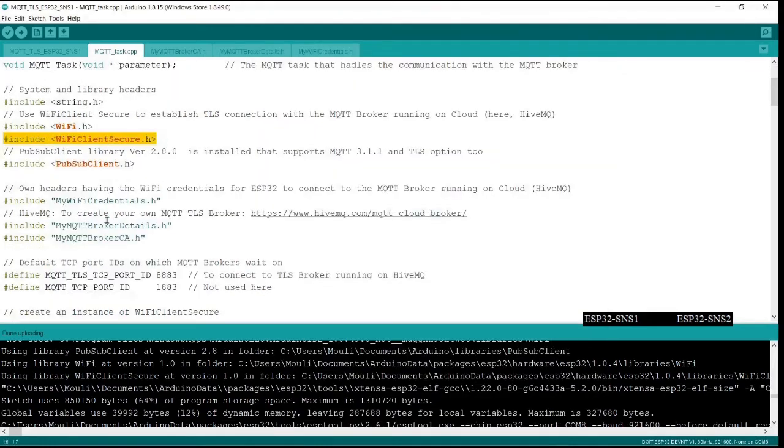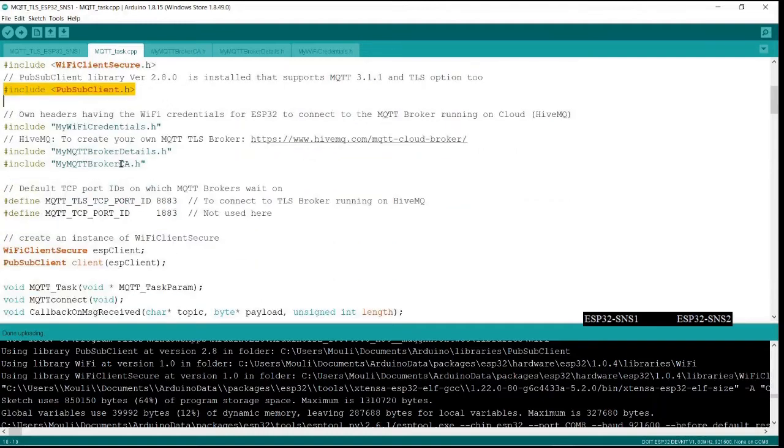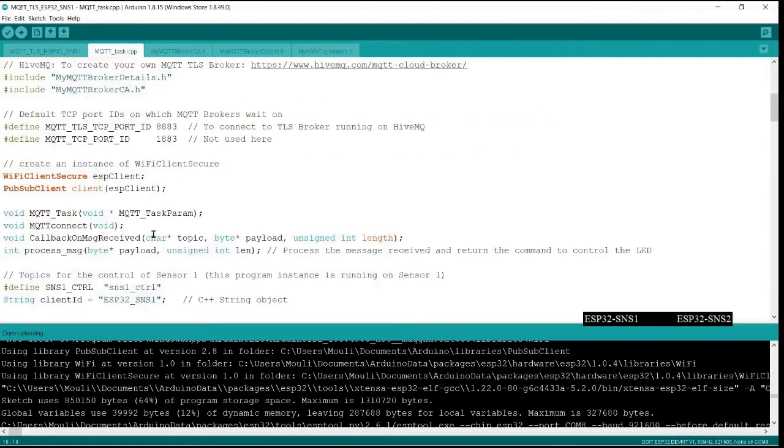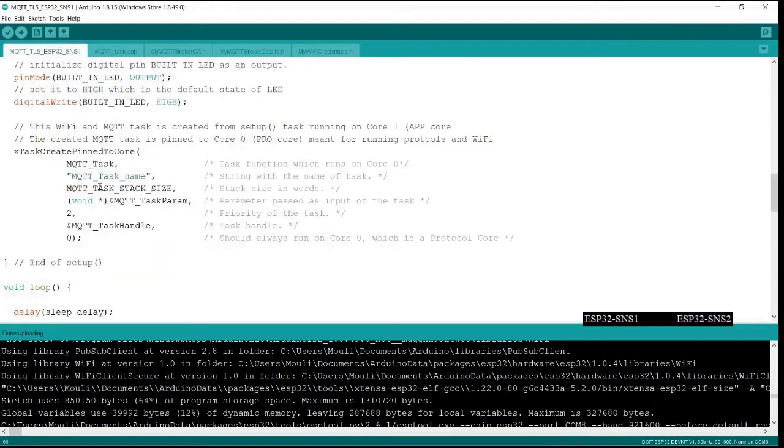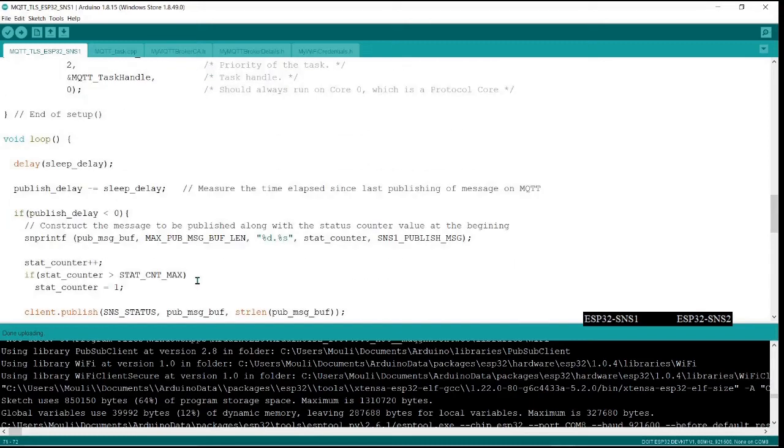This is the client secure, which is for making a secure connection with the Wi-Fi. And this is where you will be creating an MQTT object. Now, these are the header files which are used for this task. Before I go into this, I want to just continue here. We came from here to explain the task and what happens with the task and what you need to take care of here. And the stack size is here, which you are defining as a constant.